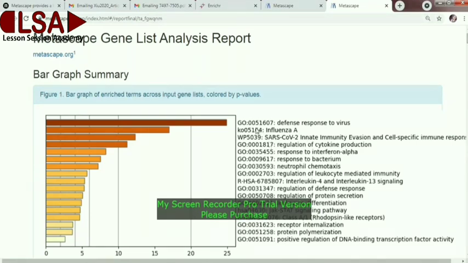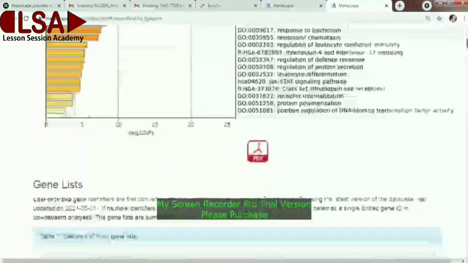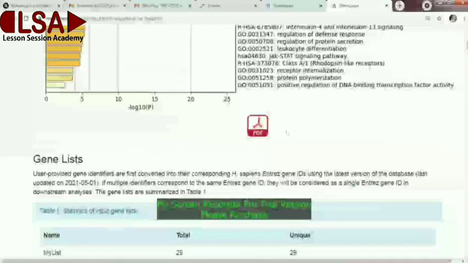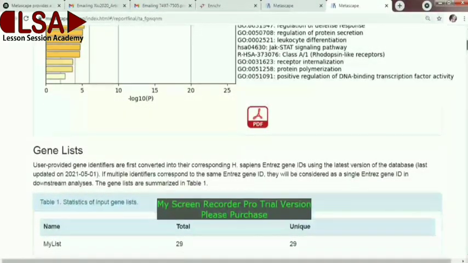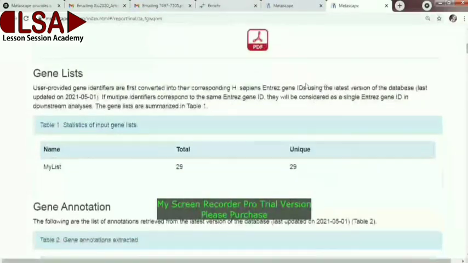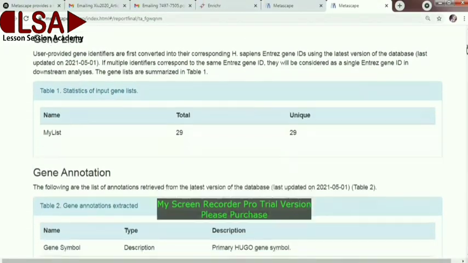And here you can see the gene ontology term ID, and here are the different pathways which are related to these genes. And this option is also available for downloading the different data for your interest or for your different study. And here it is given that our gene list has 29 genes.